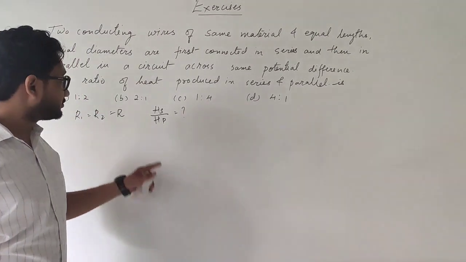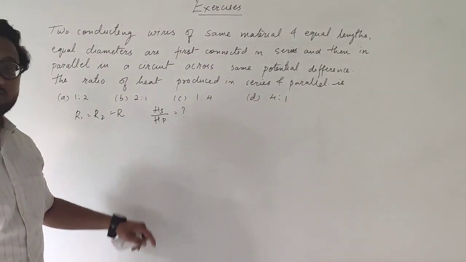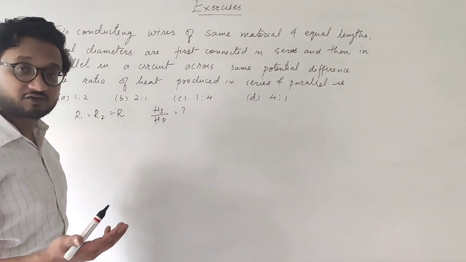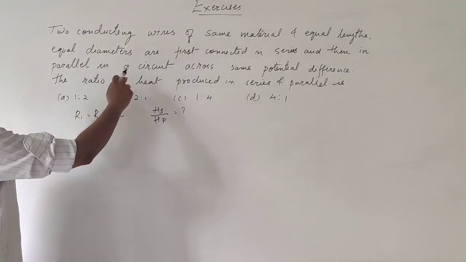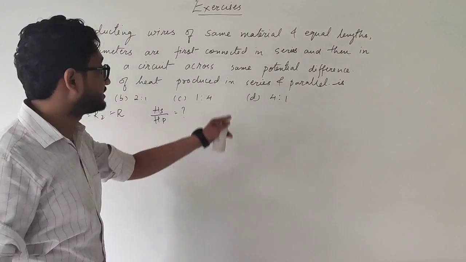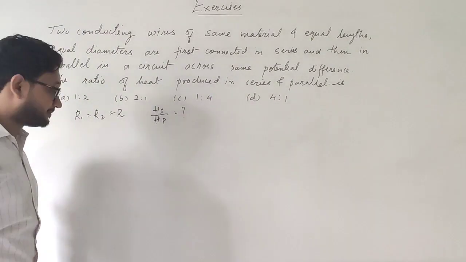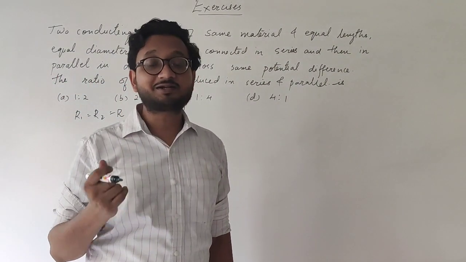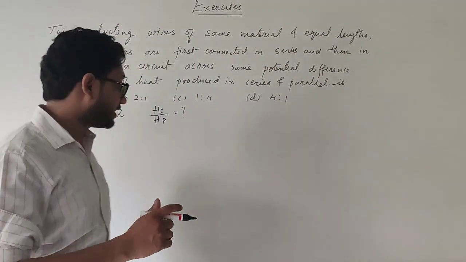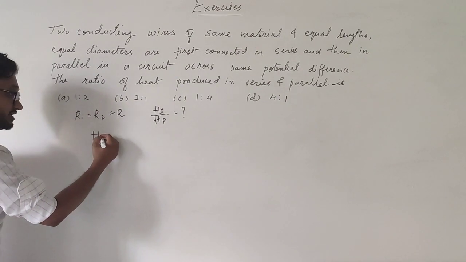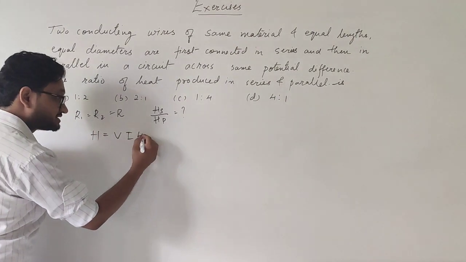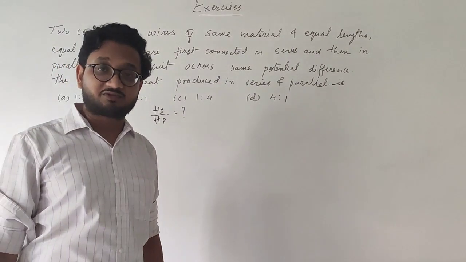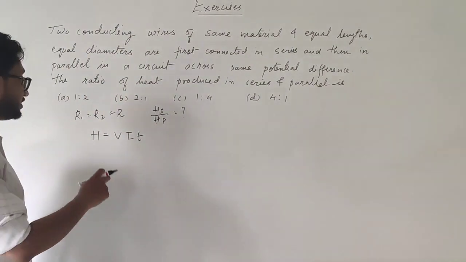Now in order to do this, first we have been given the values of resistance, but we are not given the values of potential difference and anything. The only thing is it said that they are connected to the same potential difference. That means V is same. However, we know that when the resistance changes, the current is going to change. So we cannot apply the same formula, that is H is equal to VIT. This is for the current and we don't have the value of current. That is why we are going to replace it with the value of resistance.